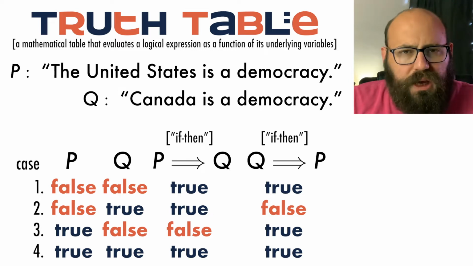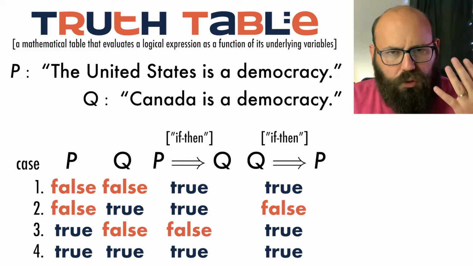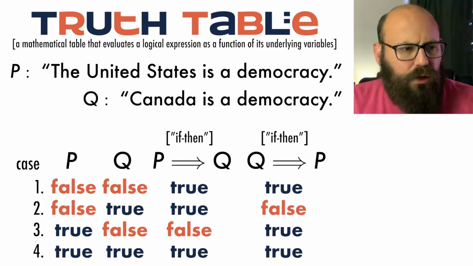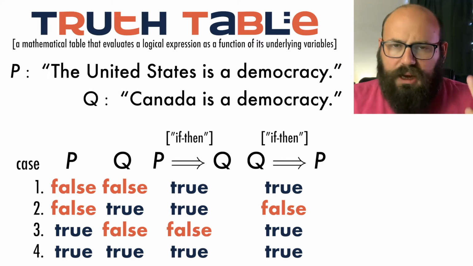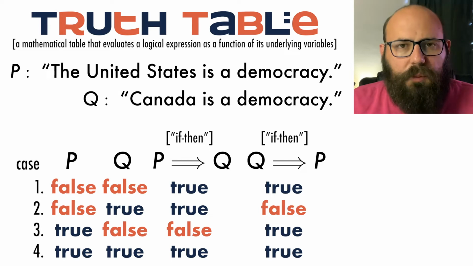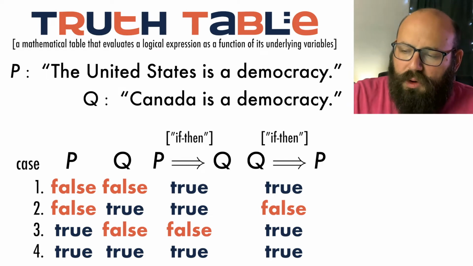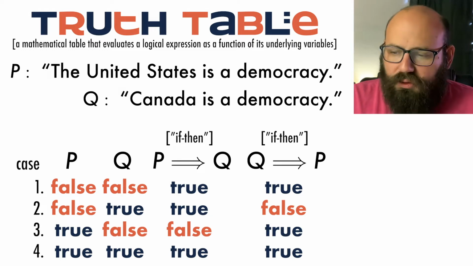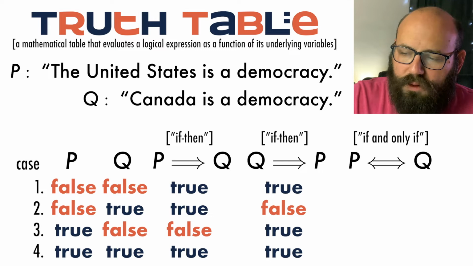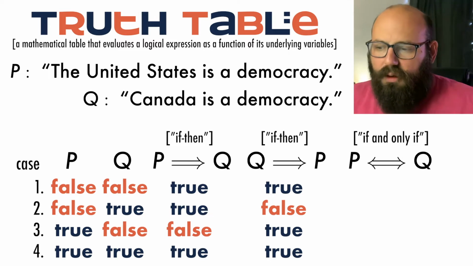So we have if P then Q, if Q then P. That's our fourth new way of making a statement out of old statements. So we have and, or, not, if then. So our fifth is actually just going to be a combination of these two examples that we just did. So I'm going to come up with a biconditional. It's going to be an arrow in both directions. P, if and only if Q. That symbol reads P, if and only if Q.